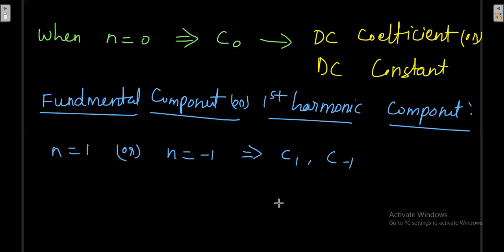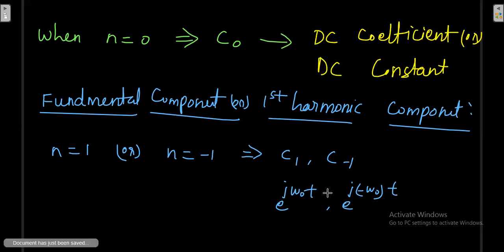The corresponding components are e power j omega naught t and e power j minus omega naught t. This omega naught is called the fundamental frequency. It is the fundamental component, the first harmonic component,